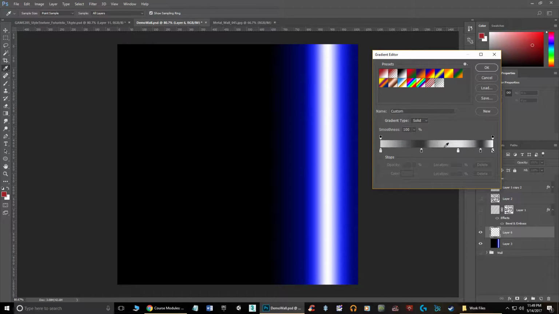We can always save gradients too, so we can use them later. I can save this glass plastic gradient, and you just hit New right here, and it'll save it in your version of Photoshop, and then you can always use it later. But in the case of the gradient here, what we can do is, when we're creating that effect,